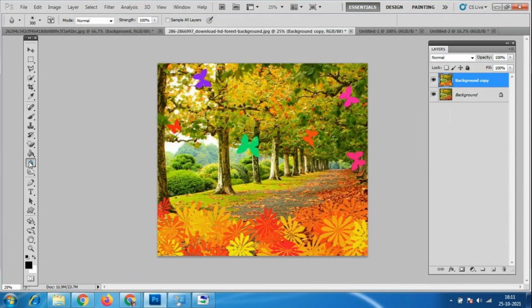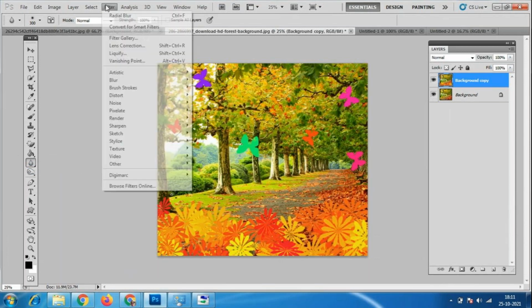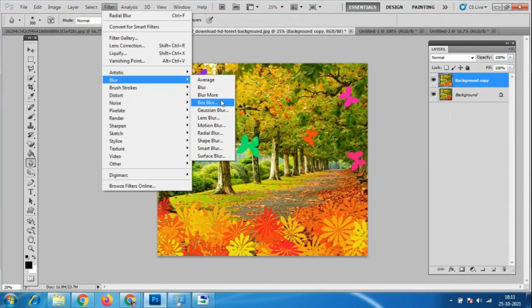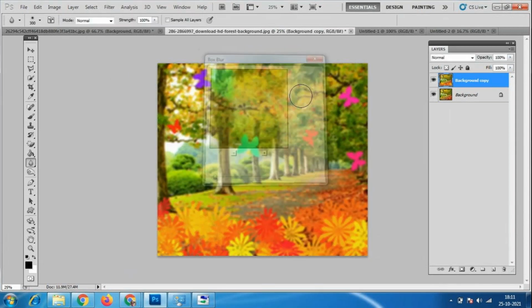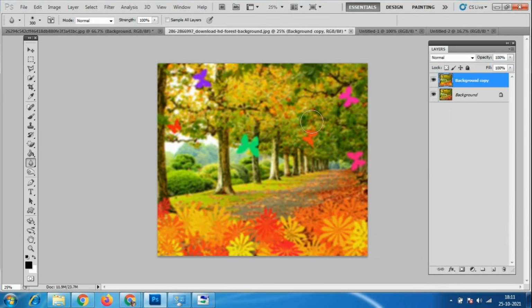So we will go for this tool. Some things are already blur, so we have to make it box blur. I will apply it. Suppose some of the photos we have already taken are blurry and we want to make them a little sharp. That time we have to use the sharpen tool. I'll increase the brush size, and it will take a little time to apply the sharpen option.